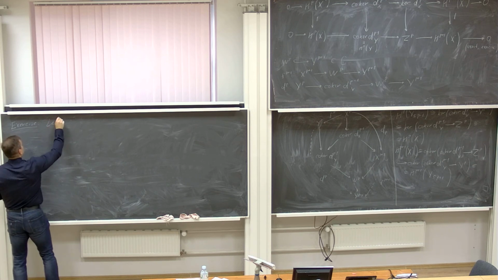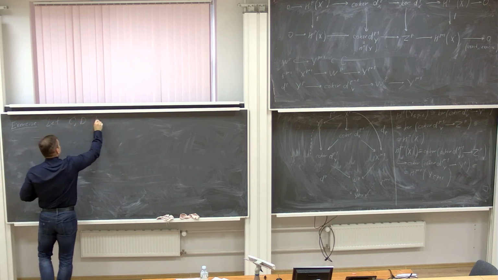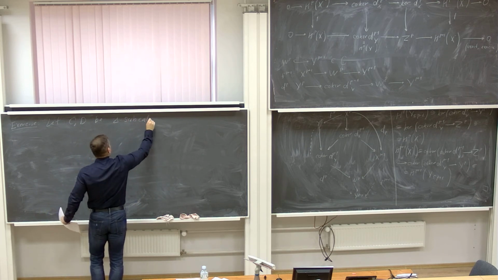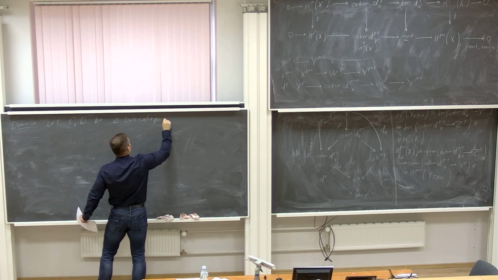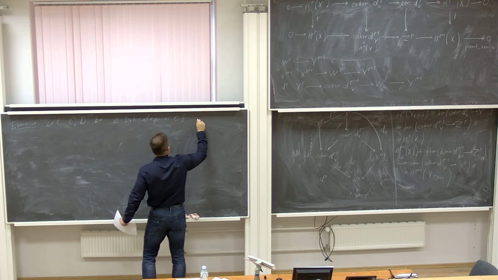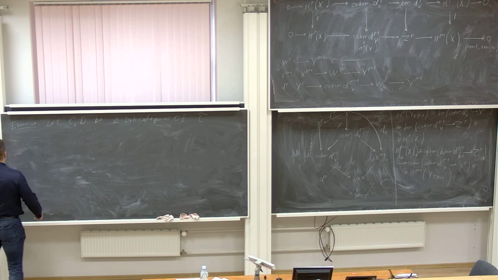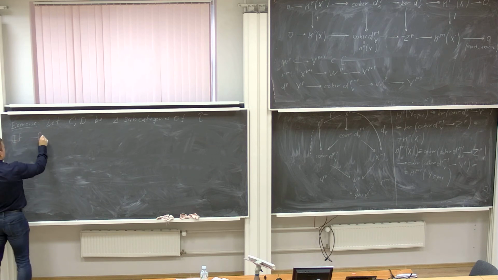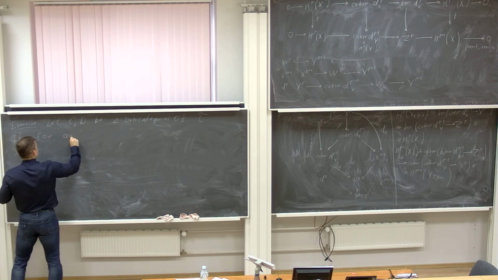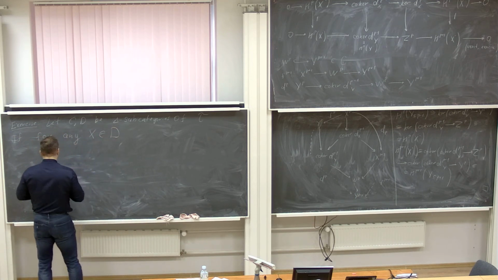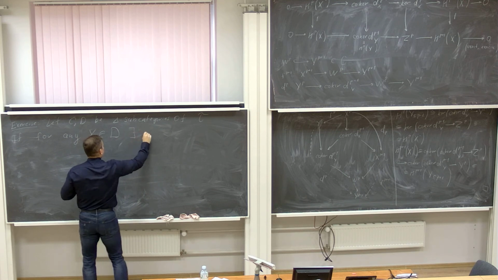Let C and D be triangulated subcategories of T. Of course T is triangulated. Now I have the following assumption. If for any object X in the category D there is a map